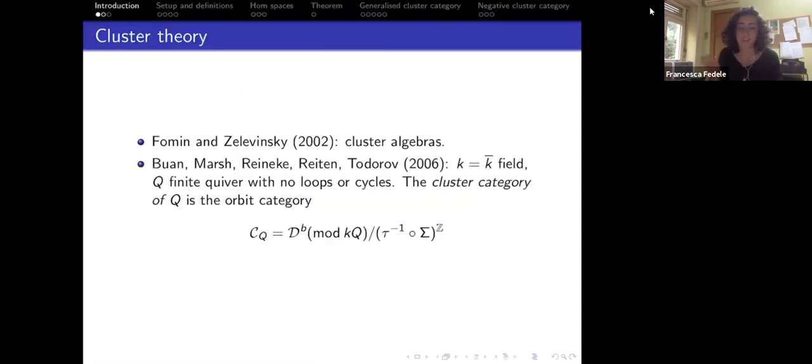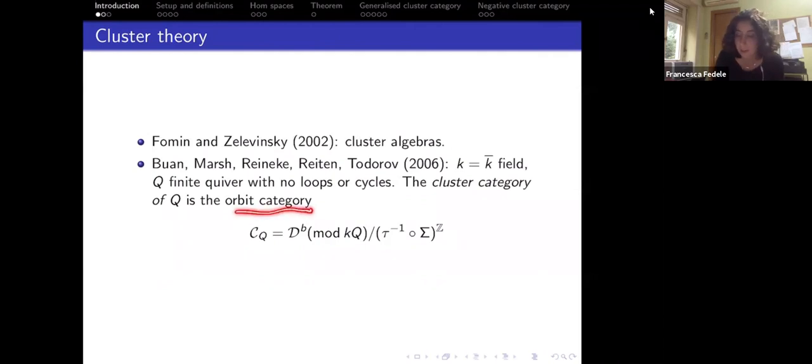Just as a general introduction, as I'm sure you're all aware, cluster theory starts from the definition of cluster algebras by Fomin and Zelevinsky in 2002. I won't really be talking about cluster algebras today, but about their categorifications. The first categorification is the cluster category of a finite quiver with no loops or cycles by Marsh, Reineke, Reiten, and Todorov in 2006, where the easier case is when K is an algebraically closed field, Q is a finite quiver with no loops or cycles, and the cluster category is defined to be the